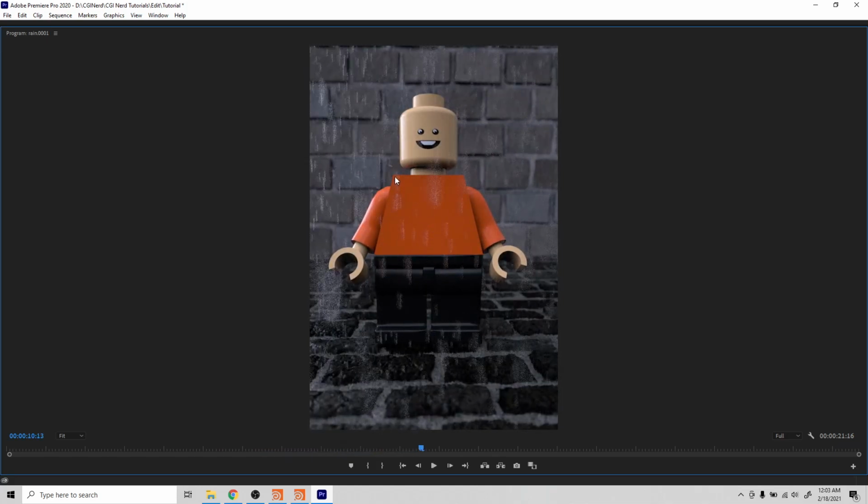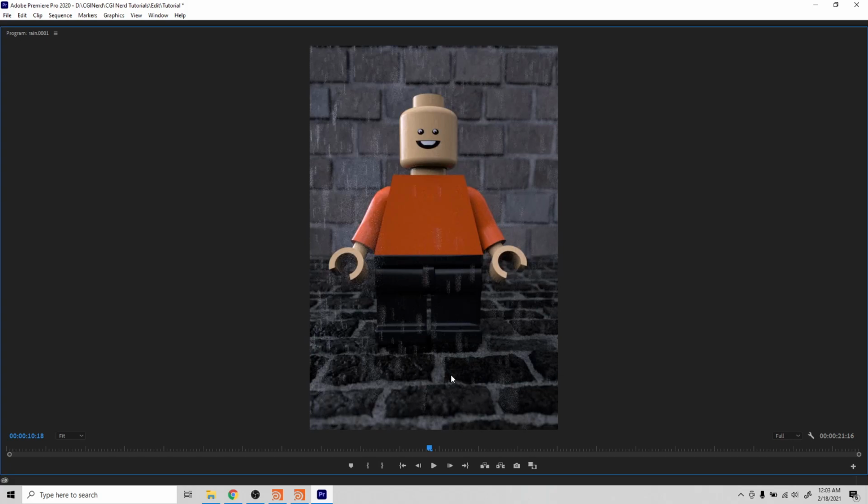And if we look closely, you can see that we get those little bits of rain that are splashing off of him. You can see off the ground too. It's a little bit harder to see here with the colors, but there are these streaks that are going off to the side,